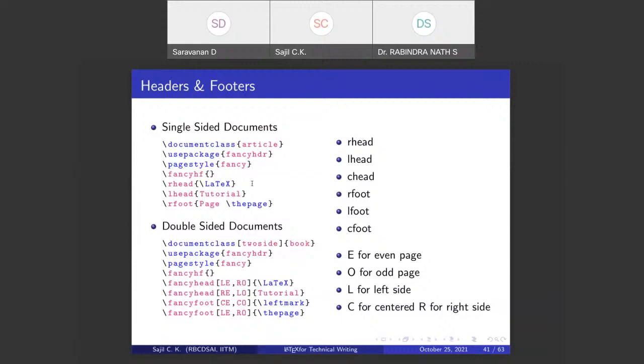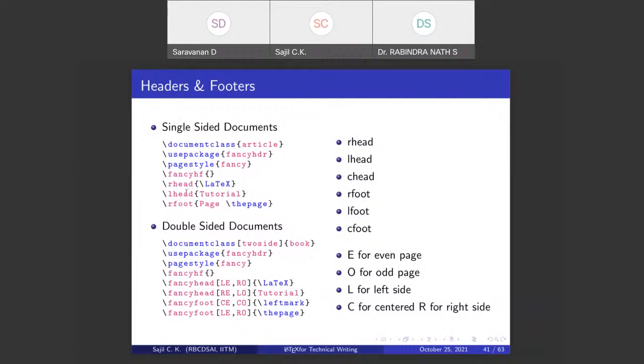For a single-sided document, as usual, you can load the document class as article, and then add the package, that is \usepackage{fancyhdr}, and you have a couple of commands like \pagestyle{fancy}, \fancyhf{} as blank, and then I am adding some words to the headers and footers.